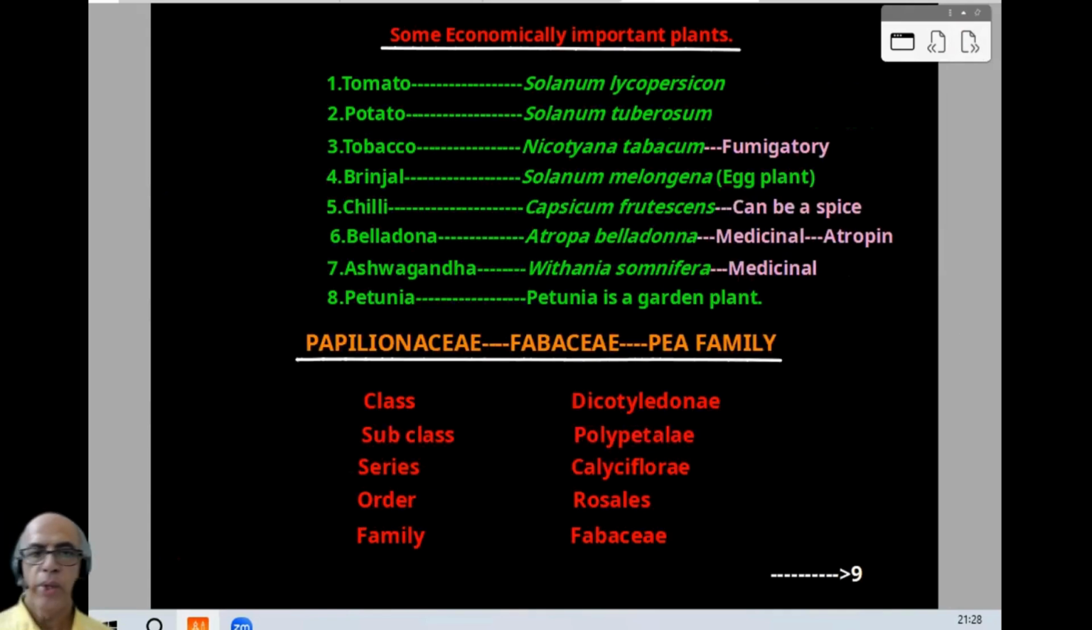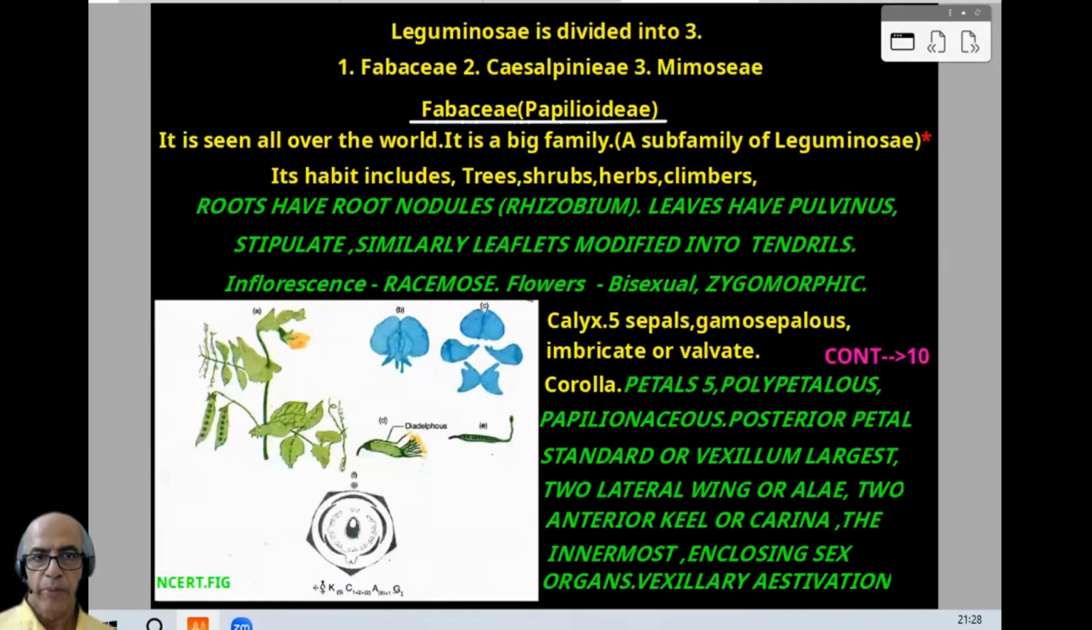Then we entered into the economic aspect or useful plants. Then Papilionaceae, a very large family, systematic position. Then leguminosae, how it is divided. What are the features of Fabaceae? Root having root nodules, Rhizobium, leaves with pulvinus, stipulate, leaflets modified into tendrils, inflorescence racemose. It is bisexual and zygomorphic, vexillary aestivation, calyx 5 sepals, gamosepalous, corolla petals 5, polypetalous, papilionaceous aestivation, posterior